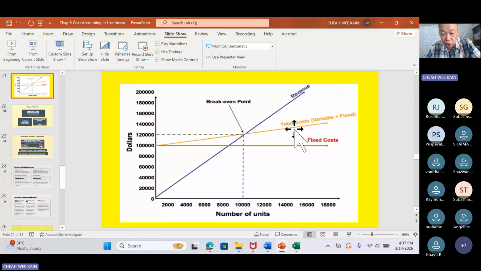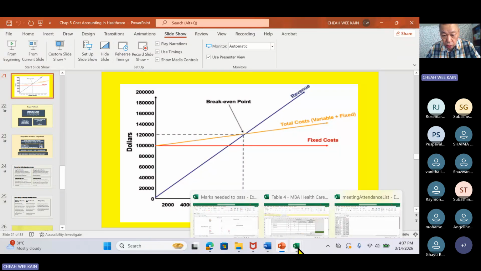It's only easy as a straight line if it's only one product. But because you are selling different products, can you imagine selling water and also selling carrot juice? They are different things, you know. Maybe one costs $1, carrot juice costs, I don't know, 4 ringgit, right? So that's why this doesn't work. And telling people, okay, this is the point for you to reach minimum sales also does not work.